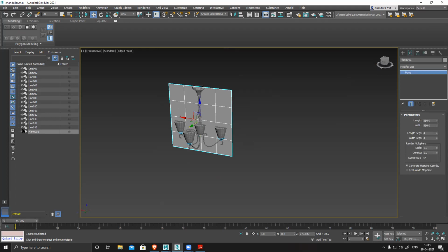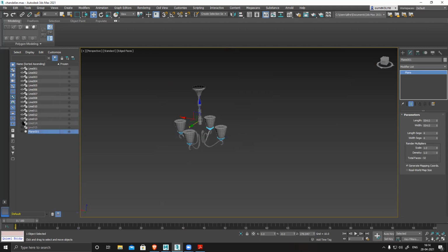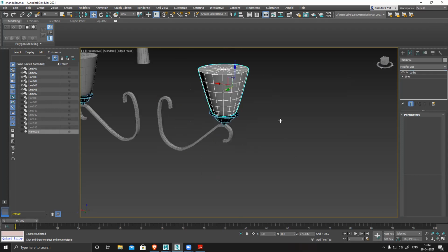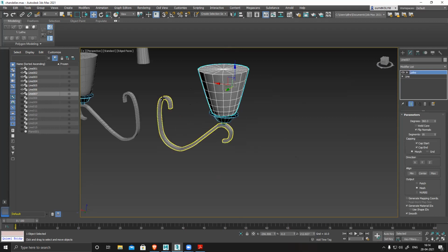This is your outliner. From here also you can hide. This eye means visible or not visible. So the function is basically the same. You hide with this, or right click and hide. End of the day, the result is the same. You're hiding something, so it's fine. You can use this, or right click hide. Everything is fine.